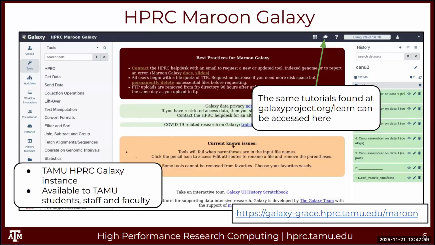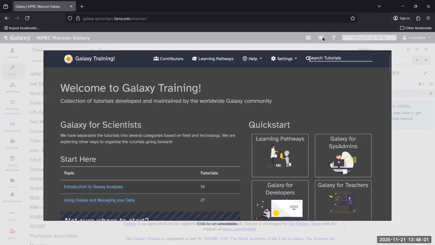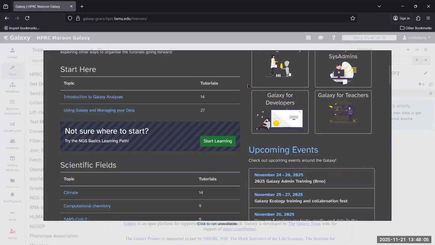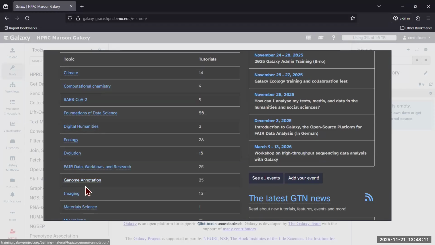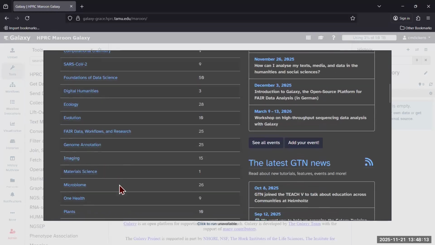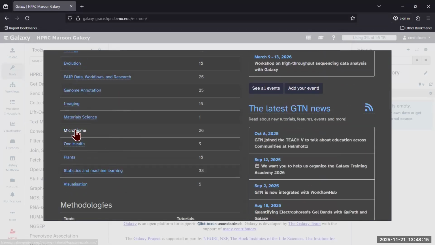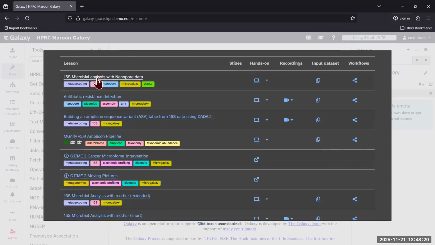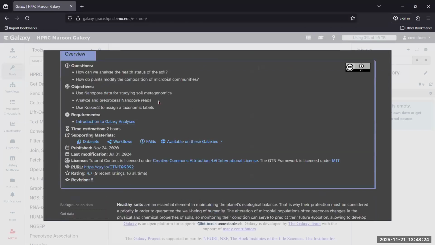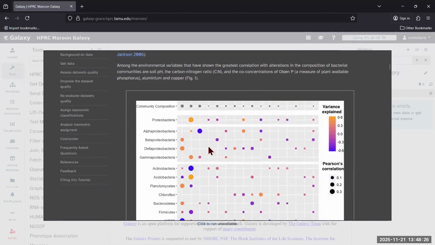Okay, this little graduation hat, you can click on this graduation hat and it'll take you to the Galaxy training site. And from within this page, you can actually access any of these tutorials. Let's just look at microbiome. Here's one for 16S nanopore. Just click this and you can see an overview, and then it has